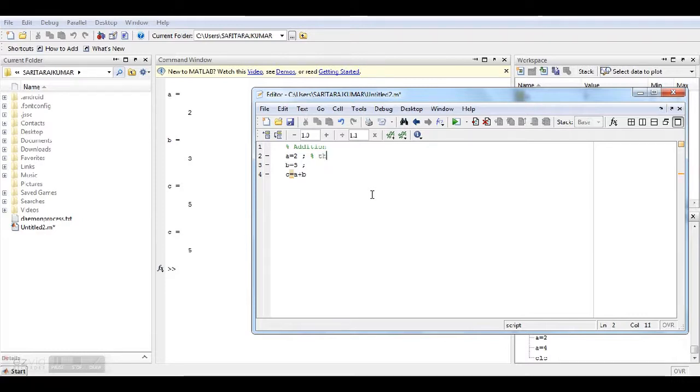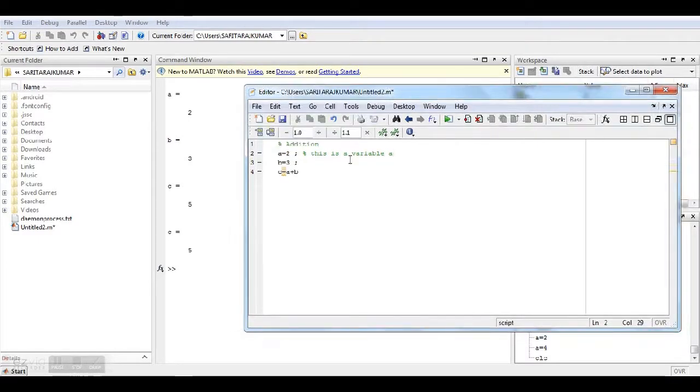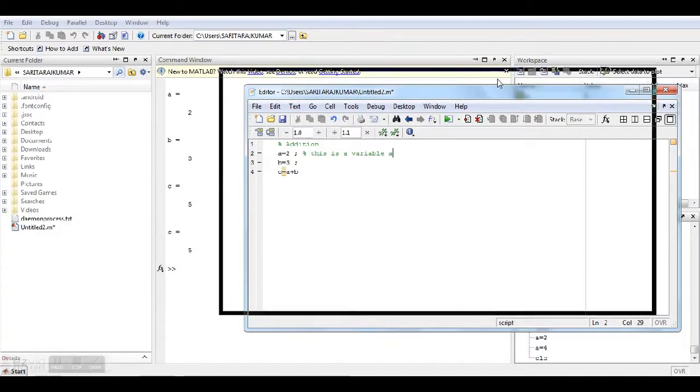So this is a variable, this is a variable A. Like this you can write whatever you require, what the step is doing, so everyone can understand what this program does.